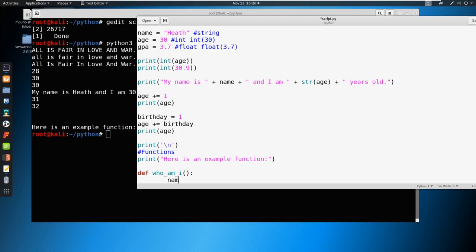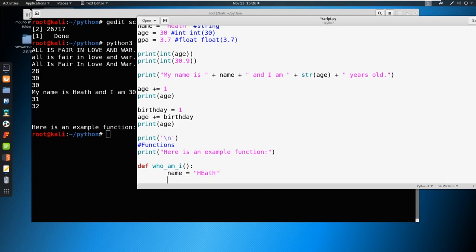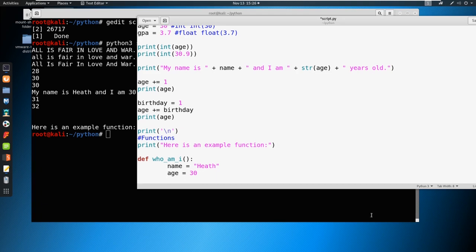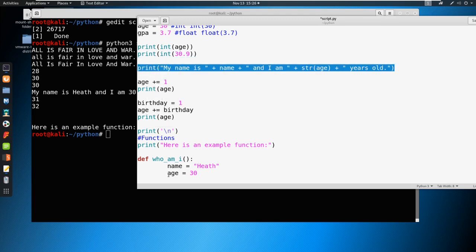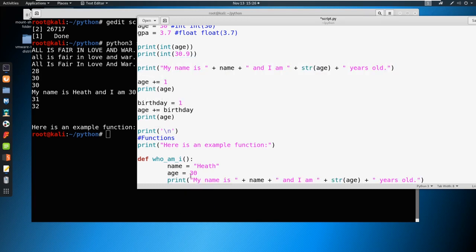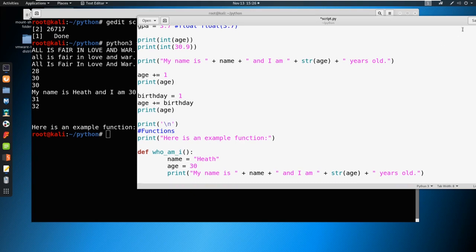So we can just say name equals Heath, and we can just say age equals 30. Typed that wrong there. And then we can just copy this print right here, so we don't have to type it all out again. Just copy and paste it. And you can see define who am I. And we're going to define in this function a name variable, an age variable, and then we're going to print this out. So if we were to just go ahead and save this and print this,